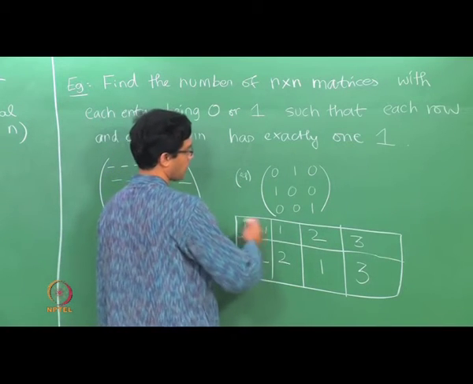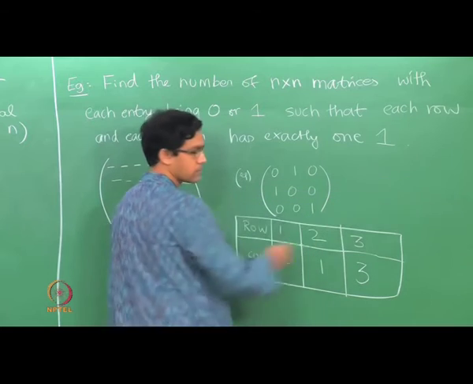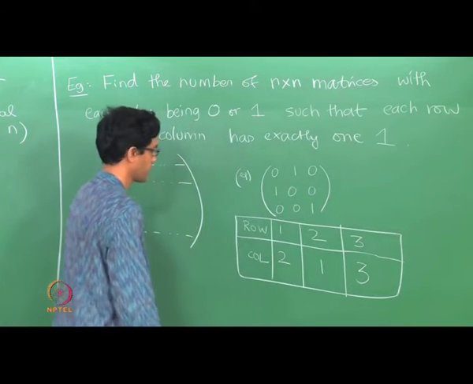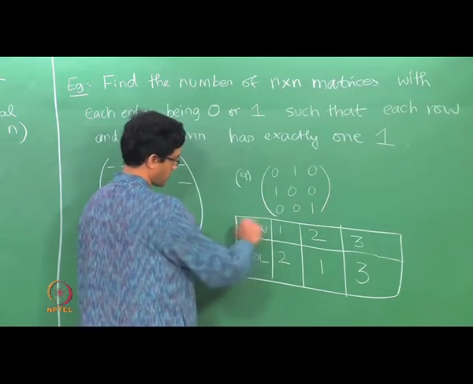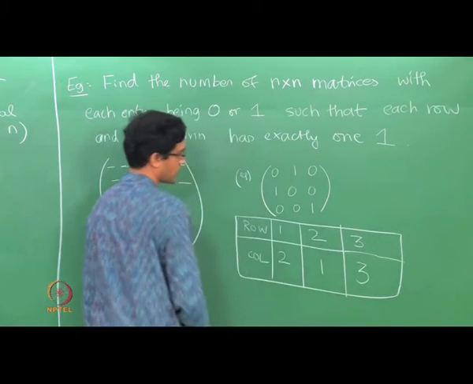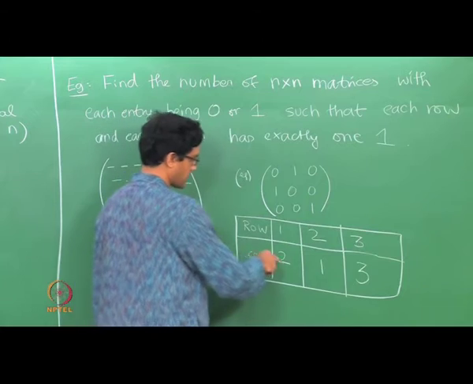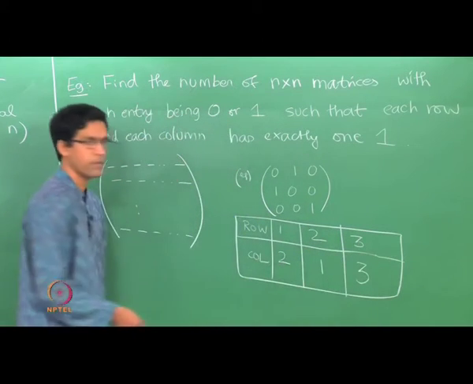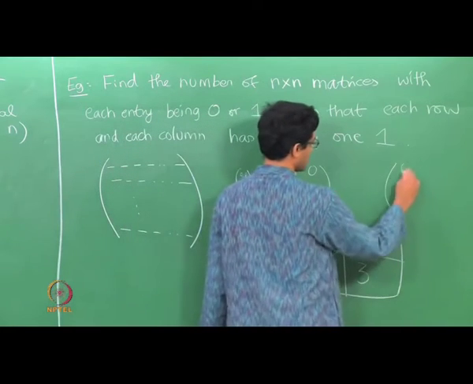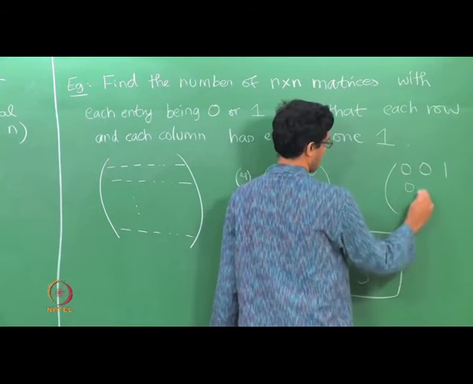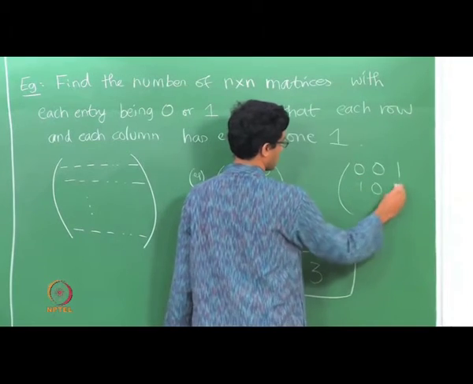The rows are always going to be arranged as 1 2 3 till n if you are in the n cross n case, and what will change when the matrix changes is not this set of entries, you are always going to list them like that. What will change will be the column numbers, right. The ones may appear in different columns. So for instance, instead of this matrix, if you had say 0 0 1, 0 1 0, 1 0 0,